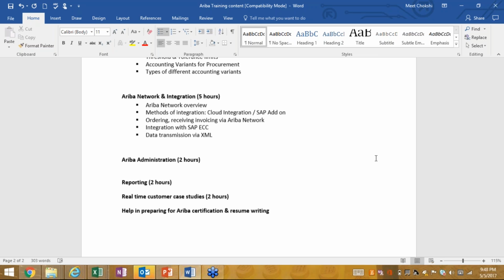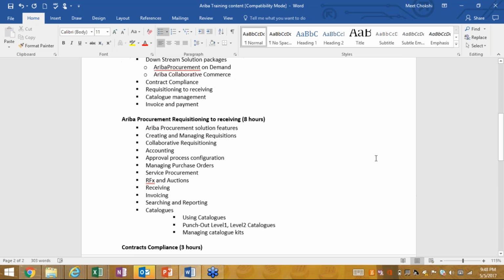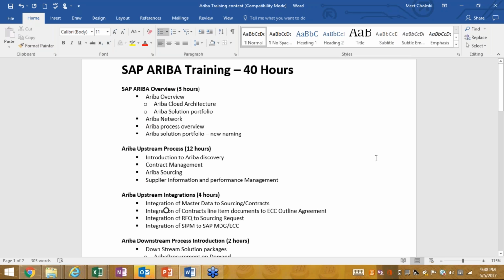So overall it's a big scope, right? If we cover everything in detail, it's a big scope of Ariba. So this 40 hours would help you understand what each module does, right? And what the functionality is, how you do this, how you do that, where we do this, where we do that.